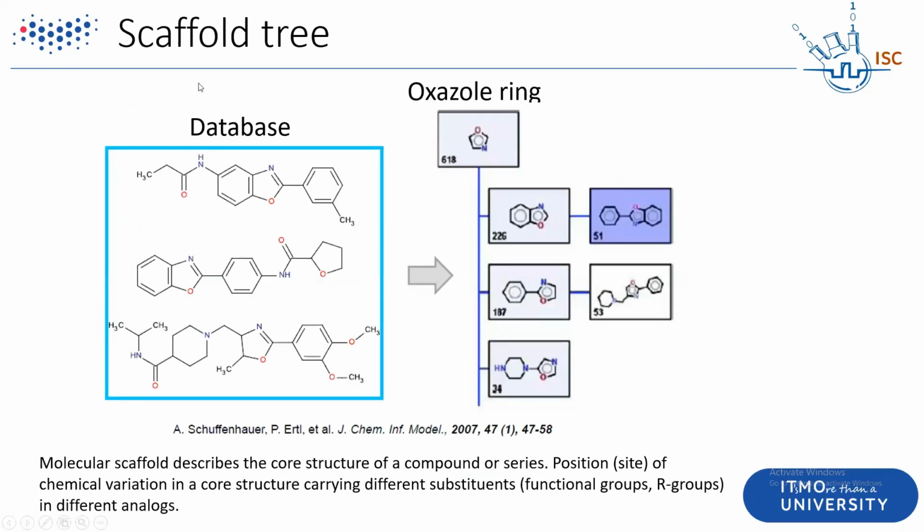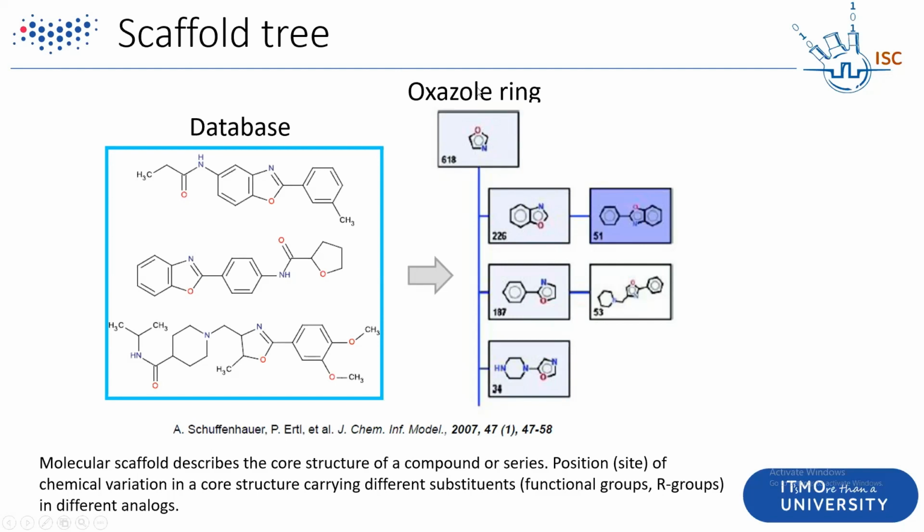Some descriptors are also efficient as scaffold tree descriptors. When you get to the scaffold, the scaffold is the core of the structure. Usually, the scaffold is the fragment of the molecule which is present in all the molecules in a database, like an accessory ring in a scaffold tree experiment, as shown here. So all these molecules have this accessory ring, and